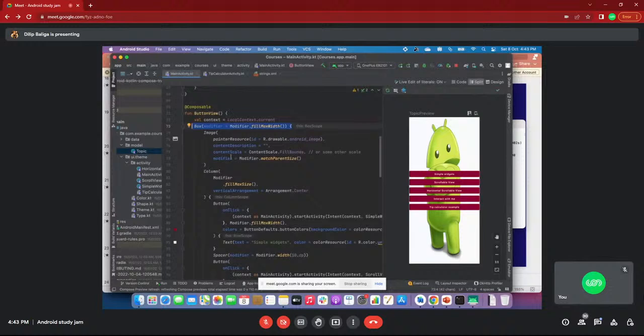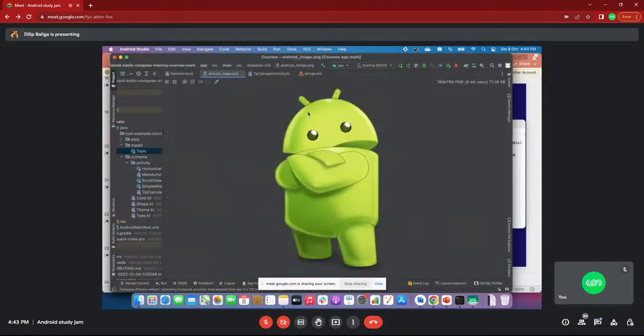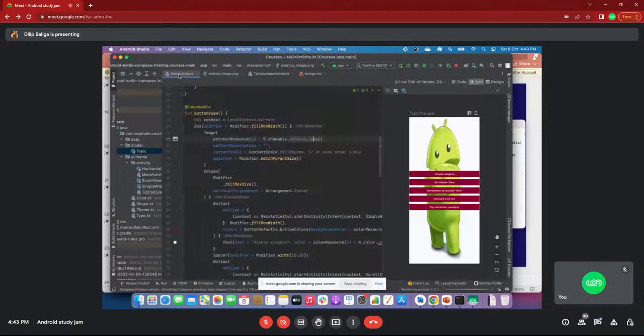And image, I already mentioned, means a simple image. The image I am using is just the Android logo, one of the logos. For that I am using Image. In Image, painterResource, you can see this Android image. That's it, simple. Image has a first parameter, which is a painter resource. Next is a content description, where you can give whatever you like, for example, this is a background image.